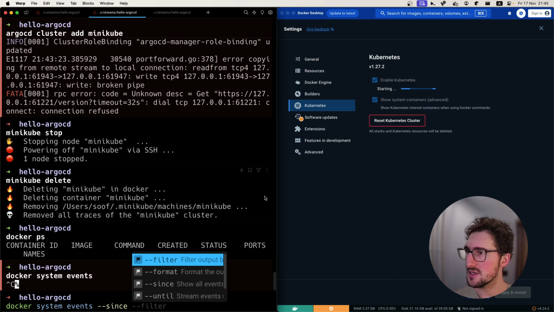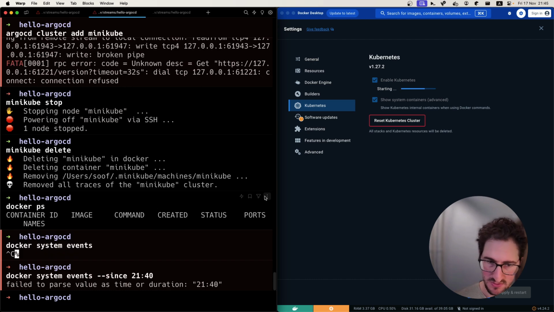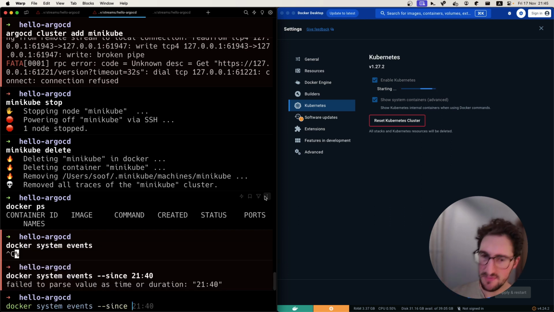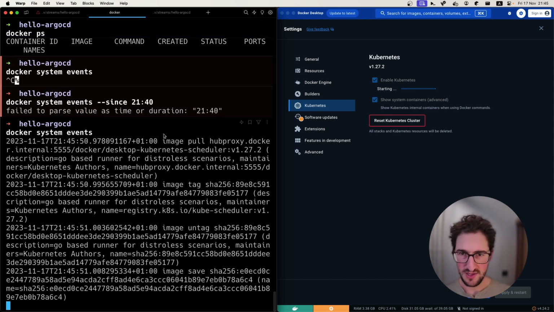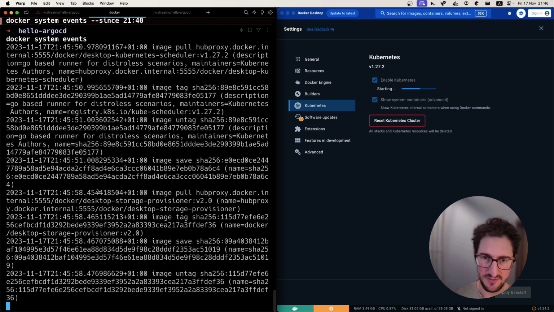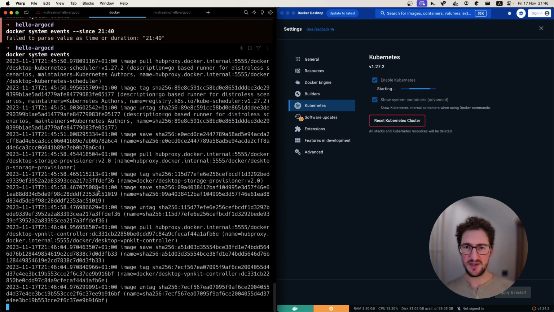Can I just say 940? I need to give it a full timestamp. That's quite sad. So system events. Let's just let that run. Hopefully this will show something. Yeah. Okay. So image pull. Yeah. Okay. So this is running in the background, and while this is running, let's try to pretend the thing is working,